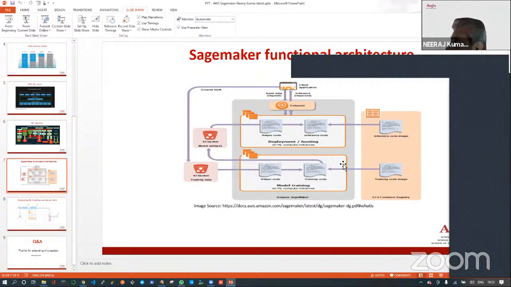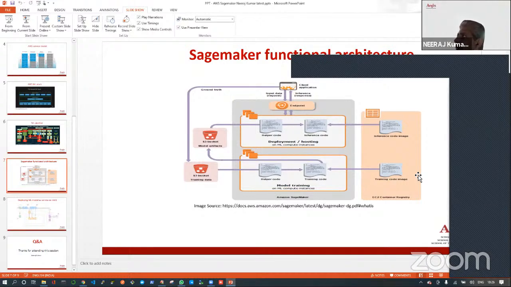As a data scientist, you are not doing anything else. You are just responsible for creating your Python script and wrapping it inside the Dockerfile, which will create the image, and you just host that image in some hub or registry. It can be Docker Hub, but in AWS it is ECR. So you upload that image into ECR, and through a Jupyter Notebook you give the location of that registry.